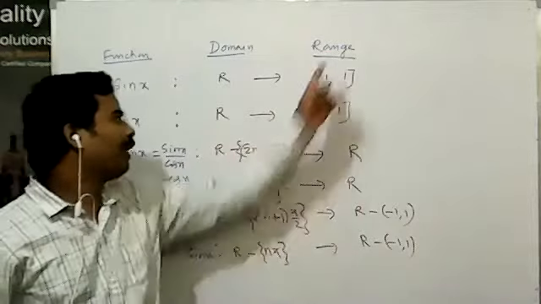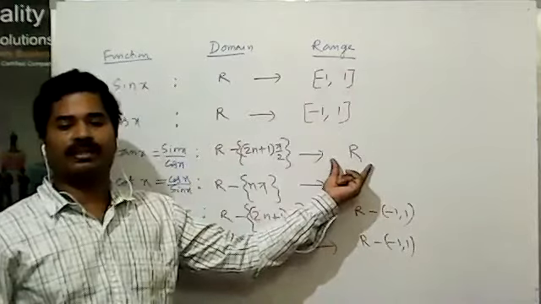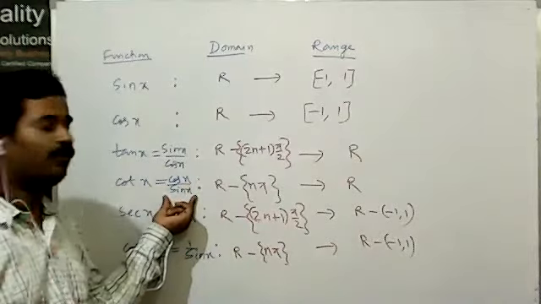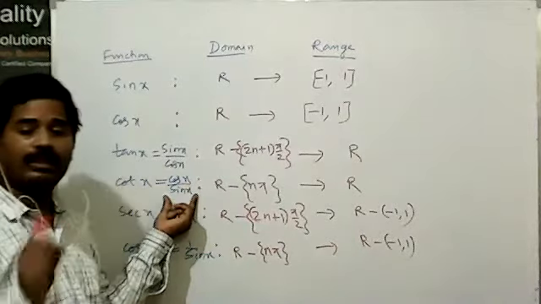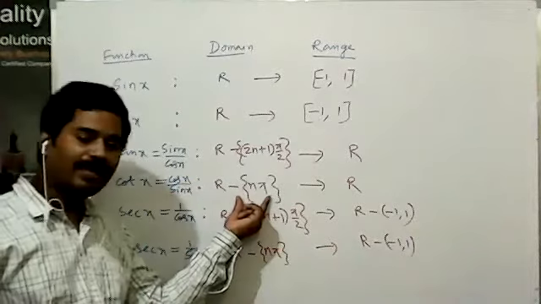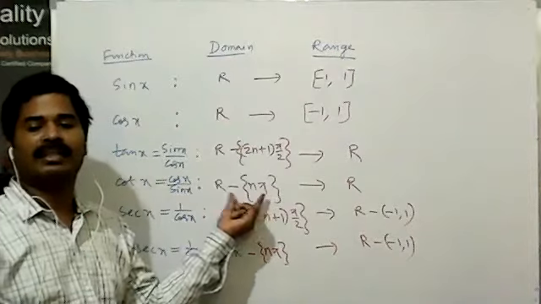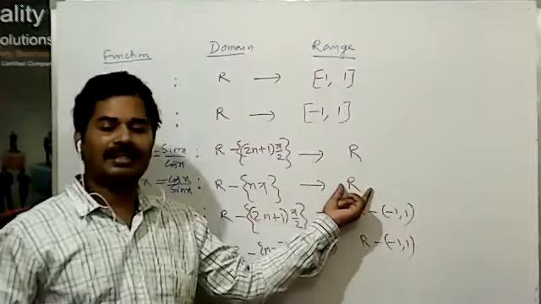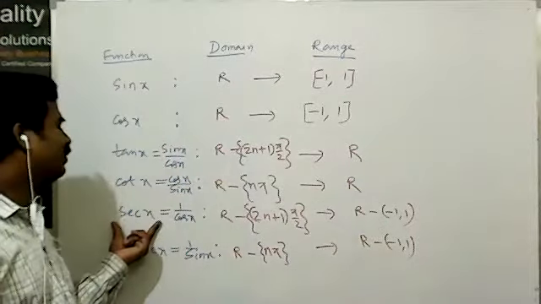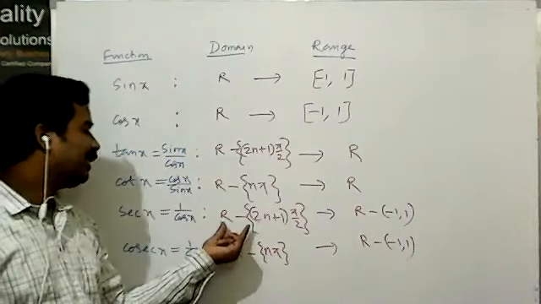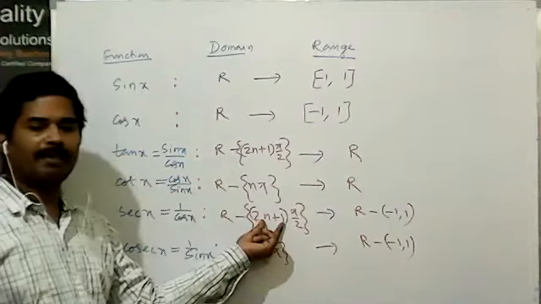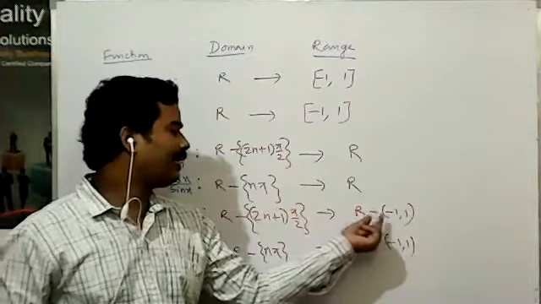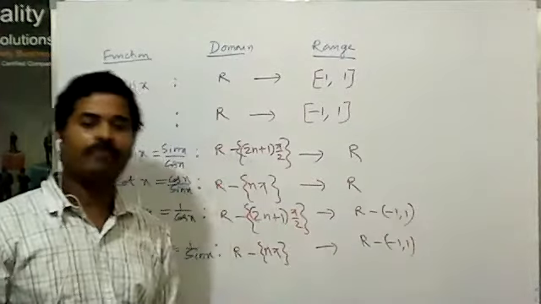After that if you put it, then what value you get, that is a real number always. That means we will get a real number. Similarly here sin x will never be 0, so this means the value of x will never come in the π format. That's why the nπ format is subtracted from real, that the domain is real minus nπ. So we get a real value according to the range. Similarly, sec x is equal to 1/cos x, that is real minus the (2n+1)π/2 format, that is subtracted, that is the domain. You always get a real -1, 1 like this.